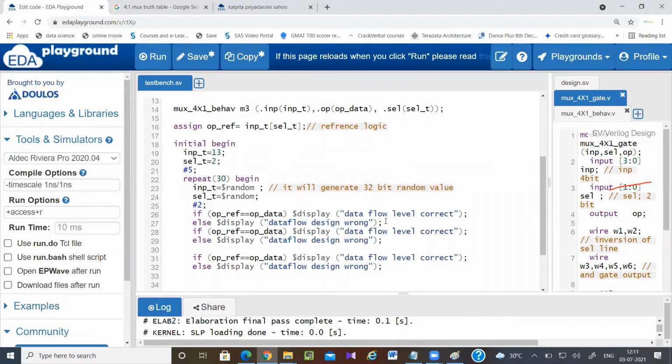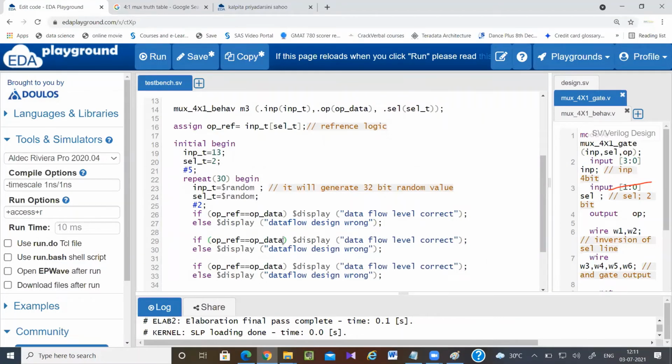I have 3 designs. So output data, output gate, output behavior.